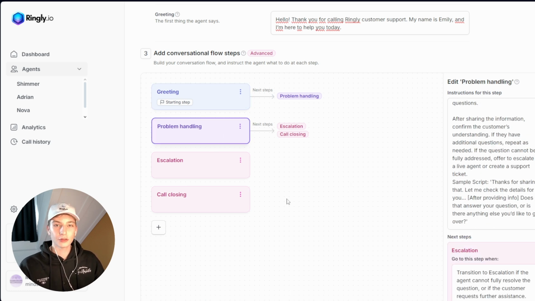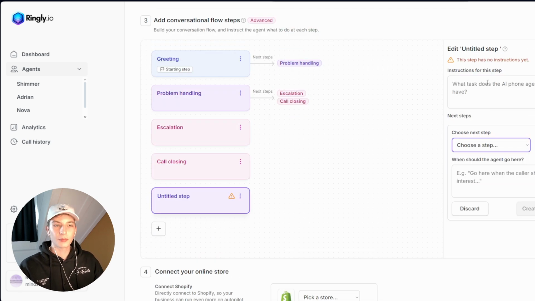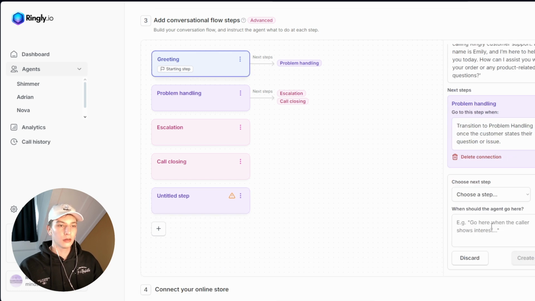So if you need to add another step for your agent in your sales process, you can just really quickly add a step like this, set up a prompt, and in your other steps, for instance, from the greeting, you can set a conditional to go to the other step with a certain condition. If you have any questions while setting this up, you can just click on the chat widget in the right bottom corner. We will be able to help you with pretty much any question you have about the software or